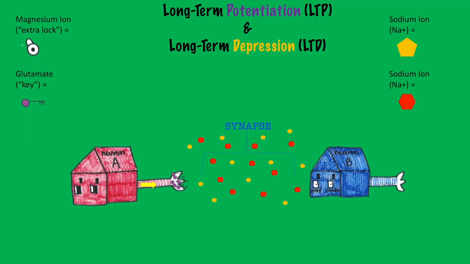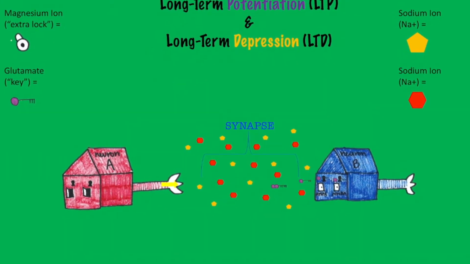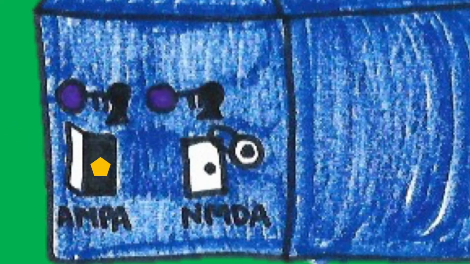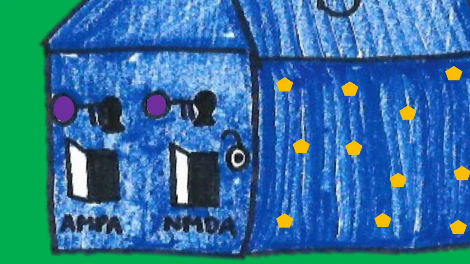In a common example of LTP or LTD, when the action potential triggers the release of the neurotransmitter glutamate into the synapse, it binds to the receptors AMPA and NMDA. Once unlocked, the AMPA door allows sodium into the cell body. Unfortunately, the NMDA receptor is still blocked by a magnesium ion. However, once enough positively charged sodium ions have entered and polarized the cell body, only then is the magnesium ion thrust out of the NMDA channel. This allows an inflow of calcium ions, causing another action potential if strong enough.